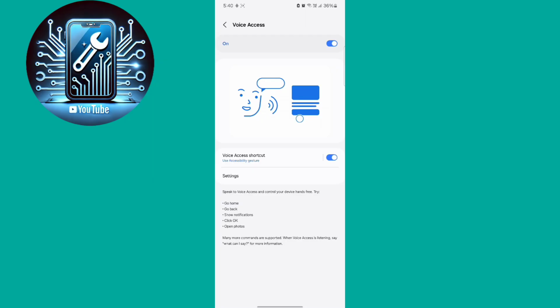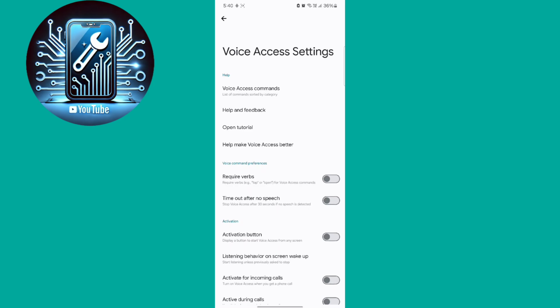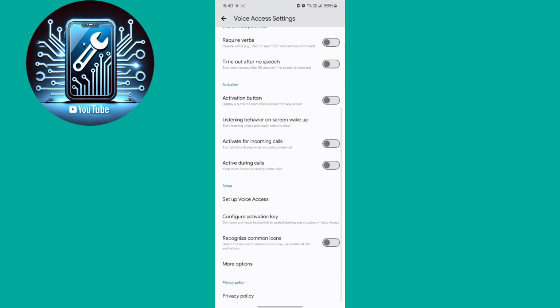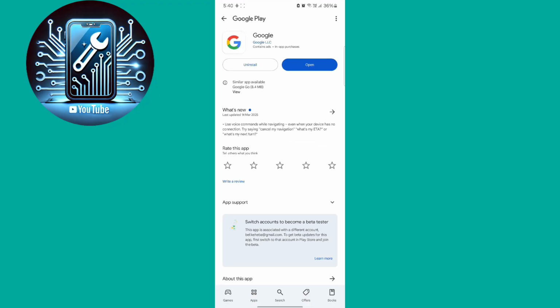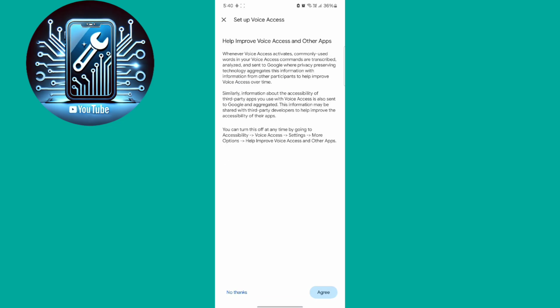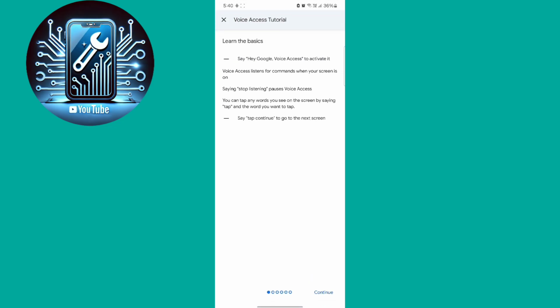If you are a first time user, it won't be that easy for you. Go to settings and set up voice access. If you use it for the first time, it will automatically open this page in front of you. You won't have to go to settings and all. Open Play Store. Whatever the application will be, you have to download it and click on agree, done, and